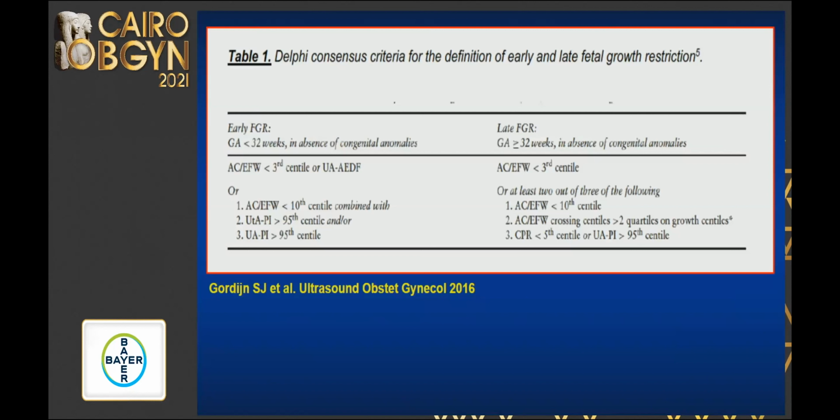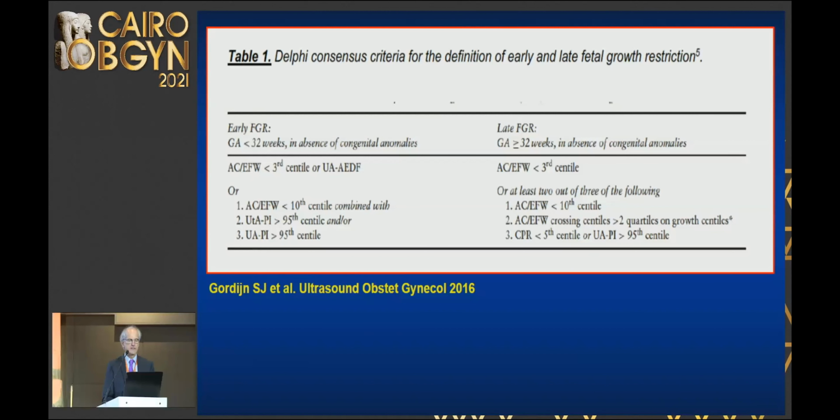In the Delphi consensus, there was an agreement on the criteria of the definition of early and late fetal growth restriction. You can see early fetal growth restriction is an AC or estimated fetal weight below the 3rd centile, or umbilical artery absence or reversal of end-diastolic flow, or estimated fetal weight and AC below the 10th centile in combination with either increased resistance in the uterine artery or increased resistance in the umbilical artery,